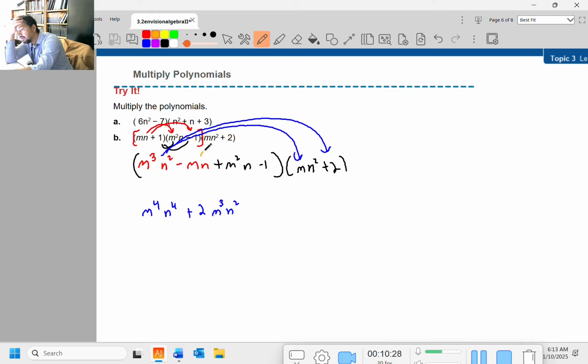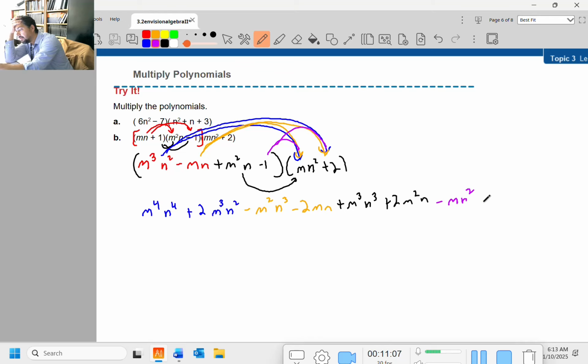Moving on with our lives, we have a negative mn times an mn squared. That's going to be negative m squared n cubed. Negative mn times 2 is minus 2mn. And again, moving on with our lives here. m squared times mn would be m cubed n cubed. m squared n times 2 would be plus 2m squared n. And finally, we have the negative 1 times everything. So minus mn squared,